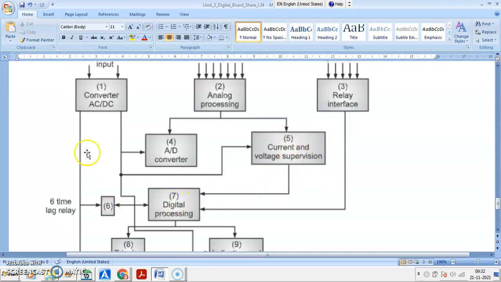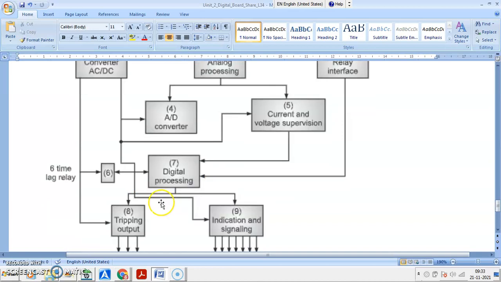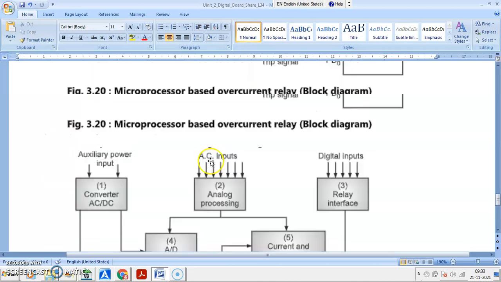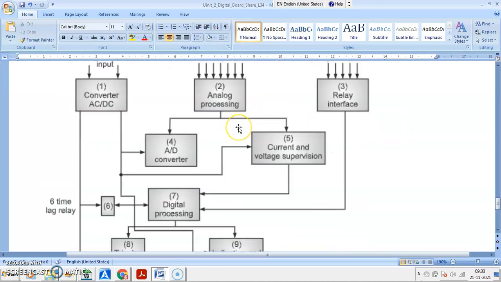So all time lag, all are coming for digital signal processing. So this digital signal which is processed, one is the output, that is the tripping output, another is the indication and signal that is given to the output port.